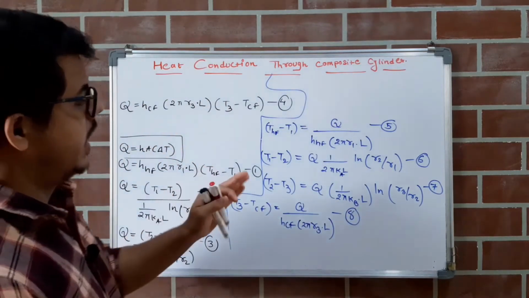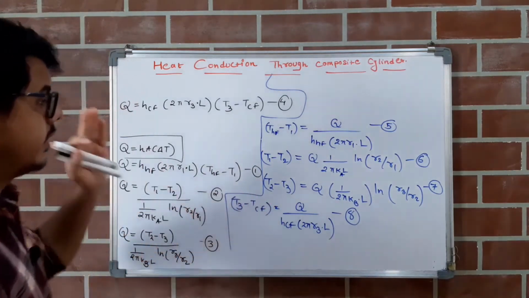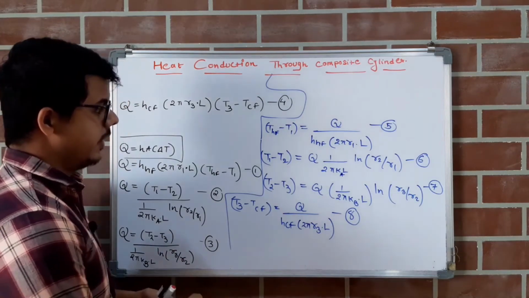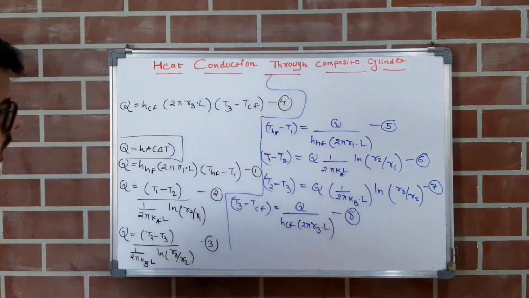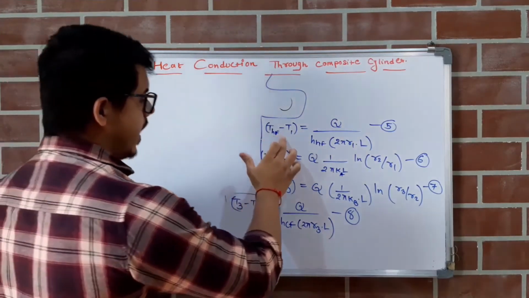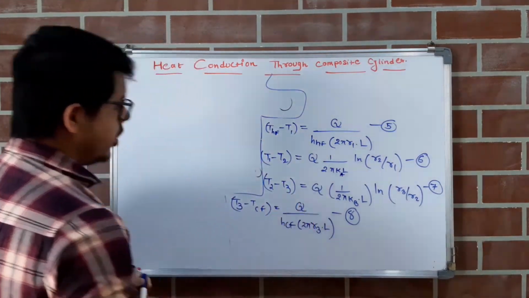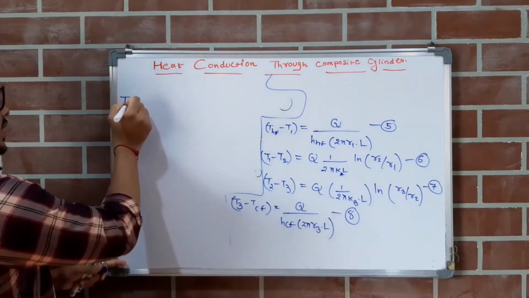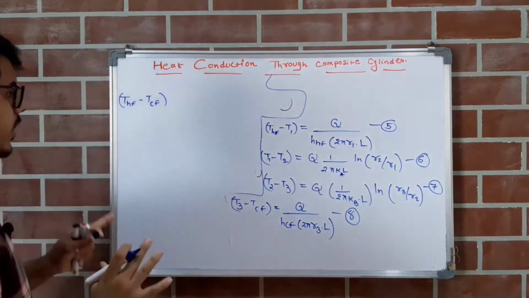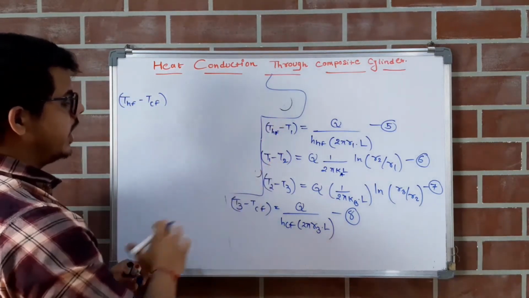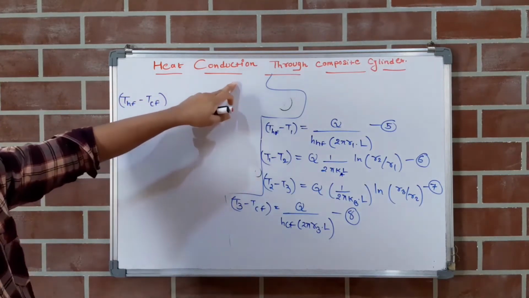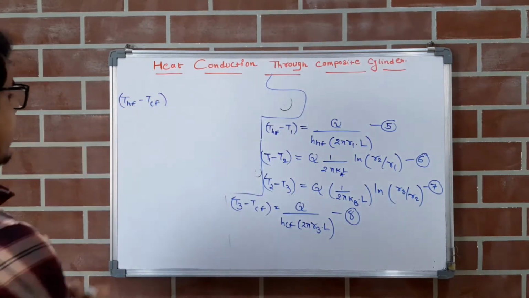From equations 5, 6, 7, 8, we can think about which step we have to do now. We will add all these equations. When you add equations 5, 6, 7 and 8, you will get THF minus TCF. These two terms will remain and all the other terms will be cancelled. So you have to write one line that adding equations 5, 6, 7 and 8, THF minus TCF is equals to